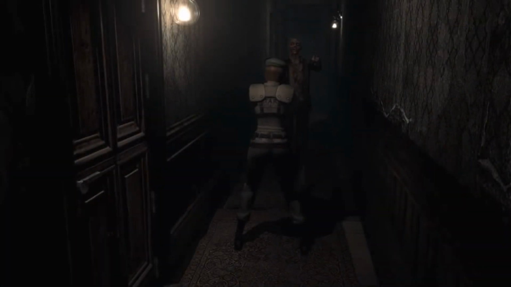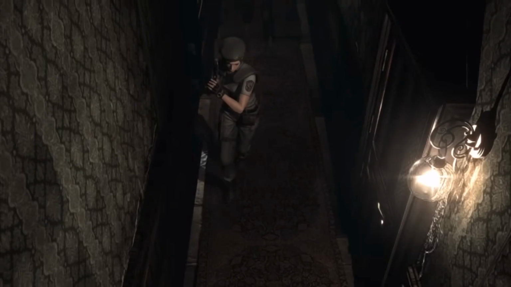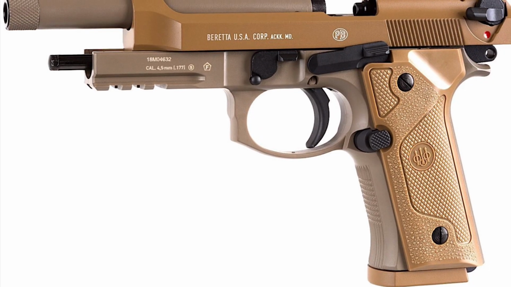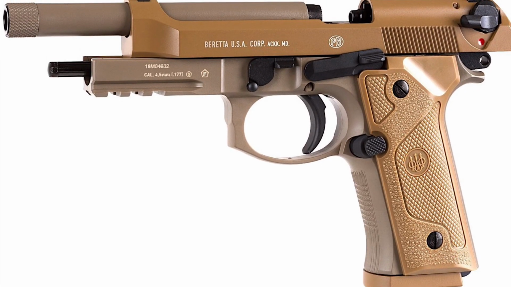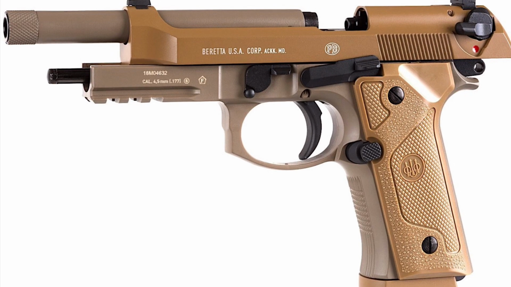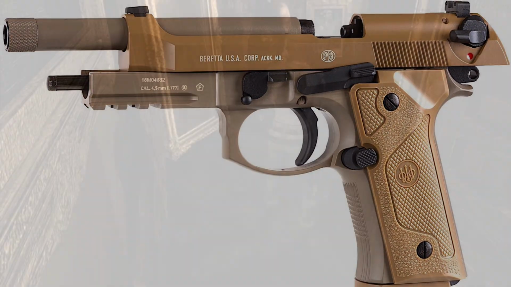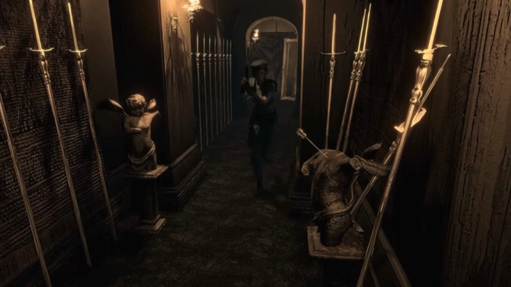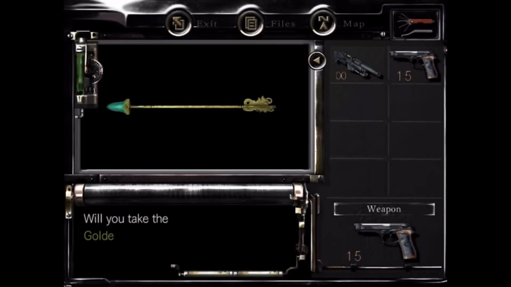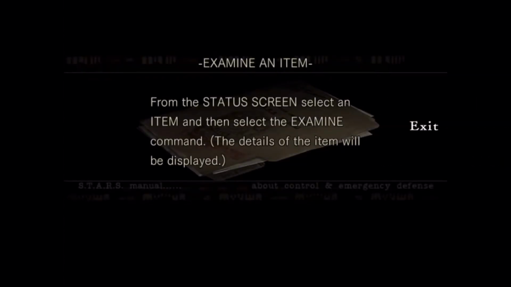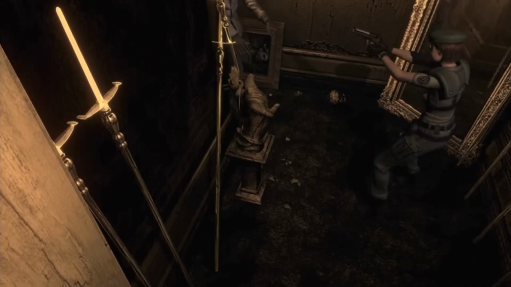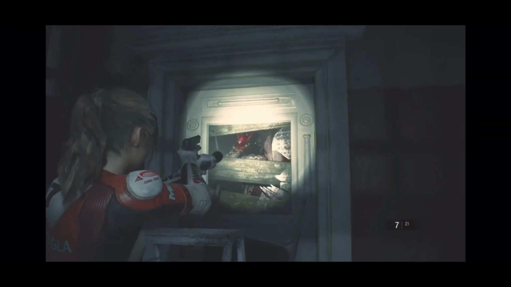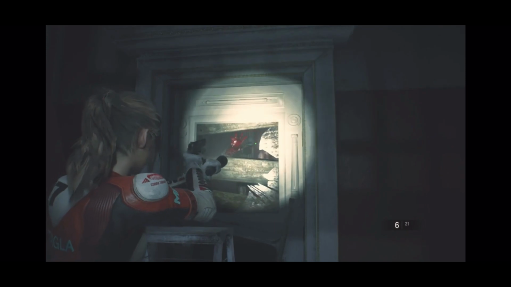So the starter weapon is going to be the M9A3. I feel like we could call this the Samurai Edge Mark II, make it like a cool modernized version of Jill's classic pistol. The M9A3 in FDE definitely has this kind of vibe. You can get some upgrades for it that add a suppressor to it and maybe a laser sight. The laser sight because, in third-person shooting, lasers make aiming so much easier.